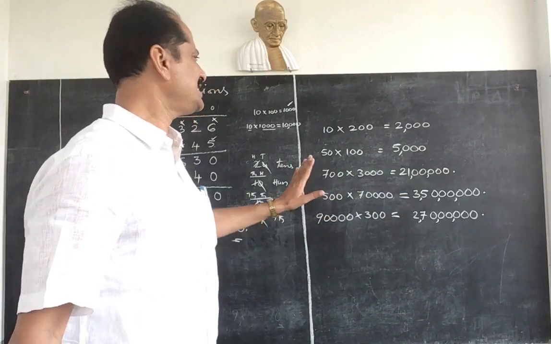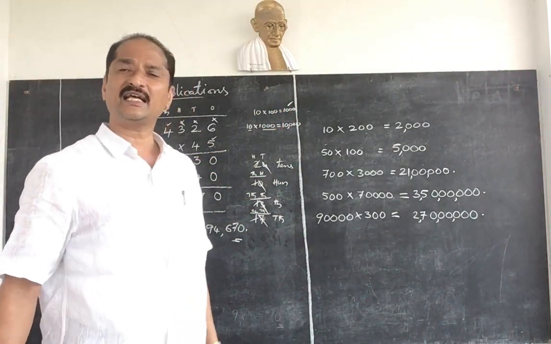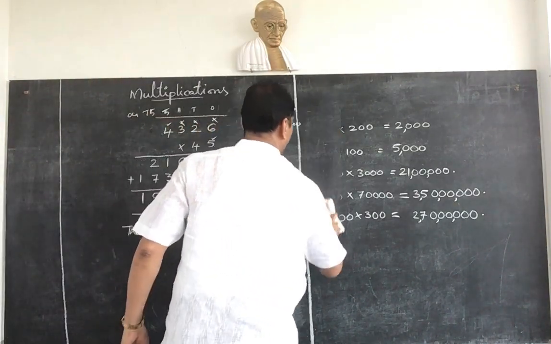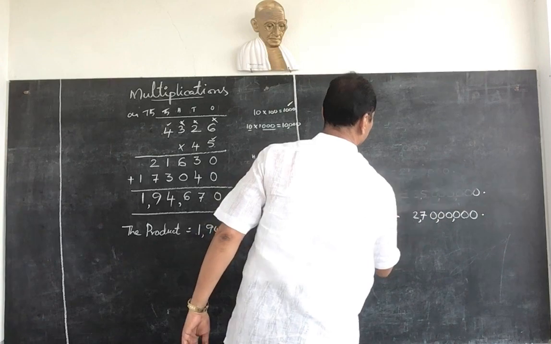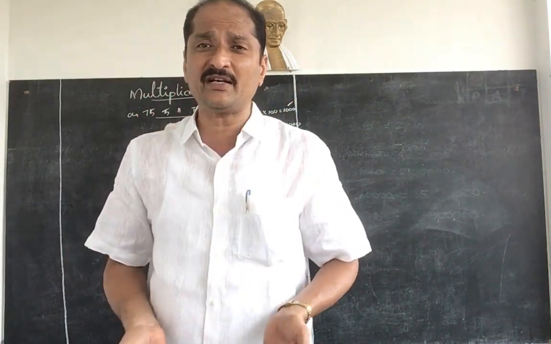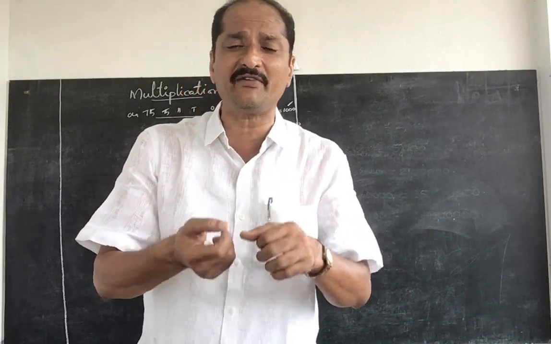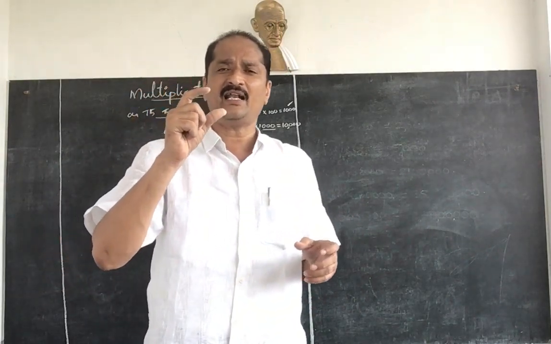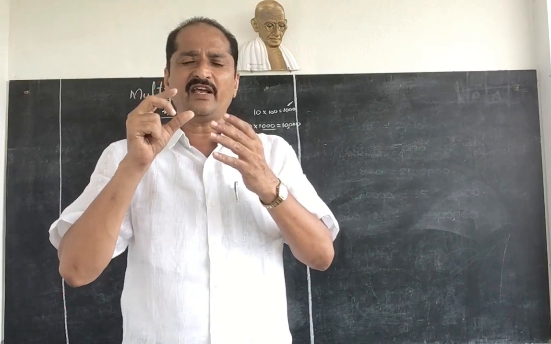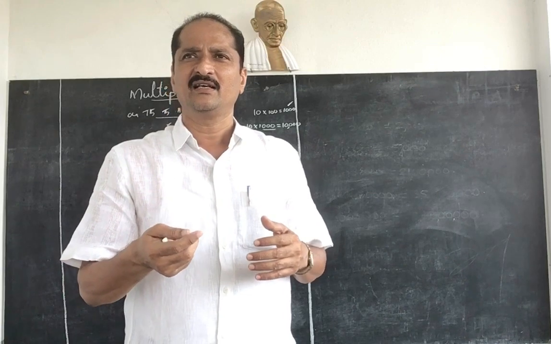Understood everybody? So this is the way of multiplication of numbers, and multiplication with 10, 100, 1000 also. Now for example, we have bundles: 10 rupee bundle, 100 rupee bundle, 1000 rupee bundle, 2000 rupee bundle, 500 rupee bundles. This is very important for us: after earning the money, how can you count? That is very, very important. A bundle contains 100 notes. If a bundle has 100 notes, we can call it a bundle.